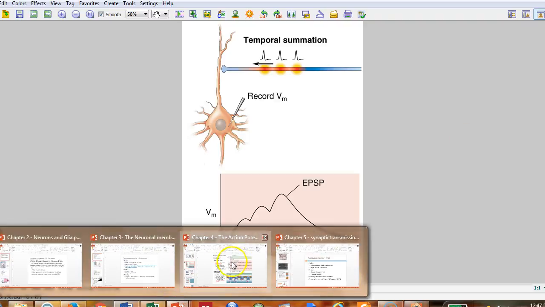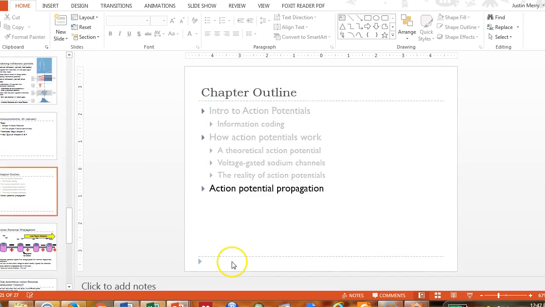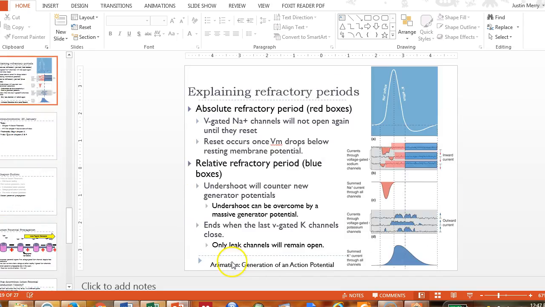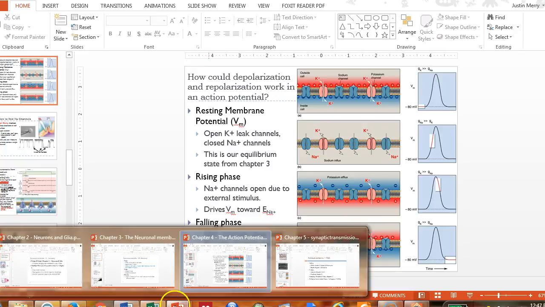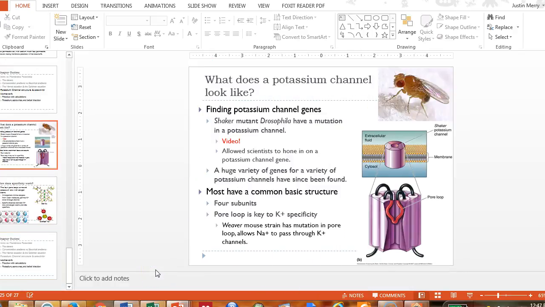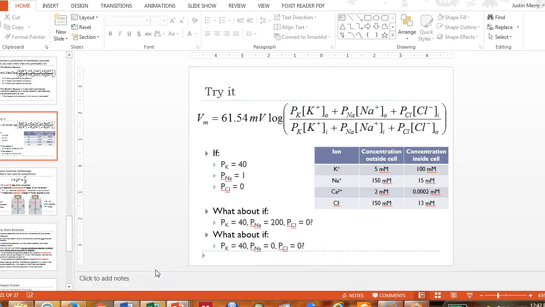Thinking about the best way to answer the question. So here's what I'd say. The Goldman equation, it's in chapter 3. What the Goldman equation allows us to do is, for any given set of concentrations,